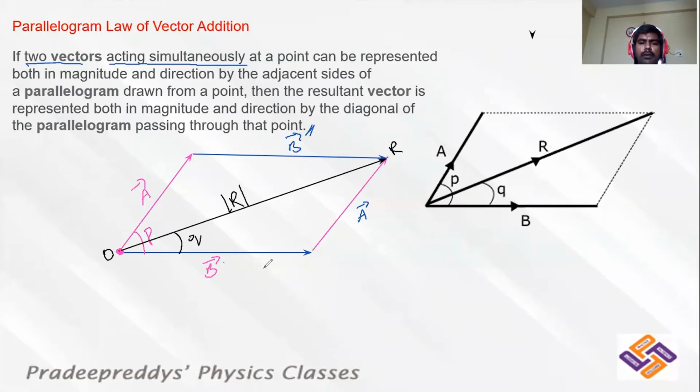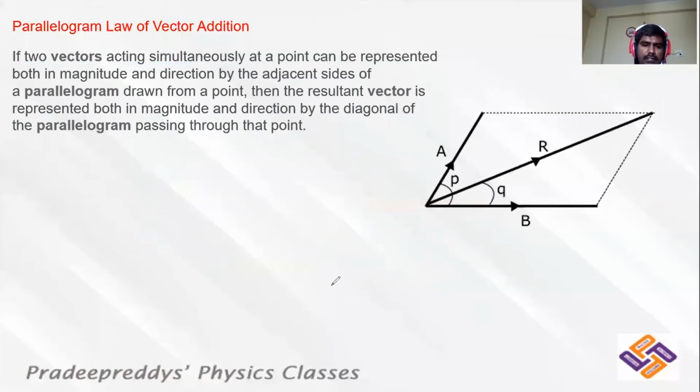Now in this particular session, we are going to derive the equation for the resultant of vectors A bar and B bar, and we should find out the angle also. We should find out R magnitude and the angle Q. We need to find these two things using the parallelogram law of vectors. So for that, what should I do? Simply, I'll go for some mathematical constructions.